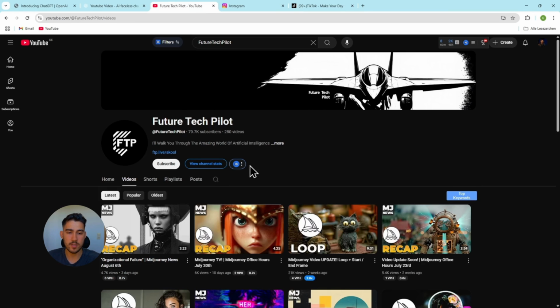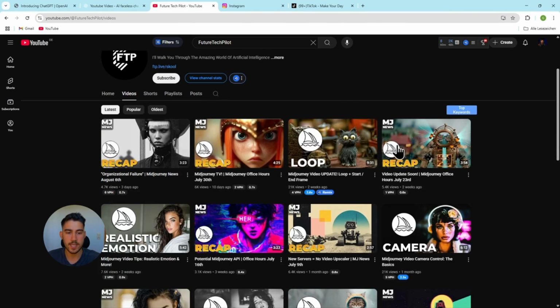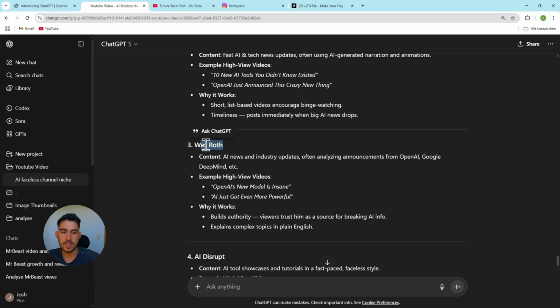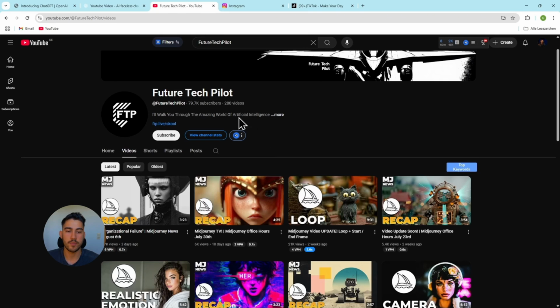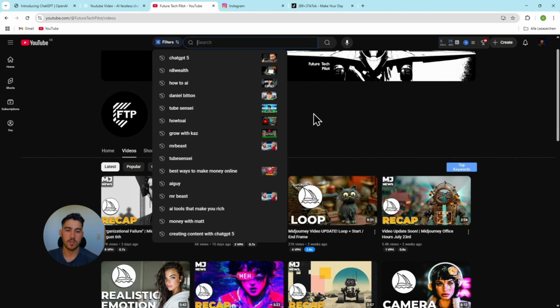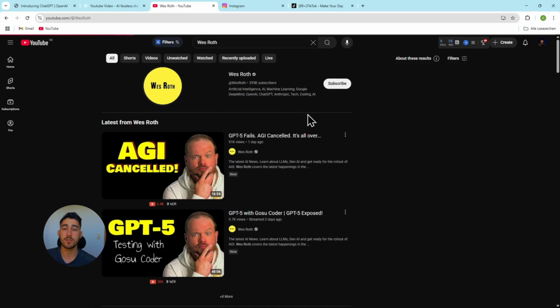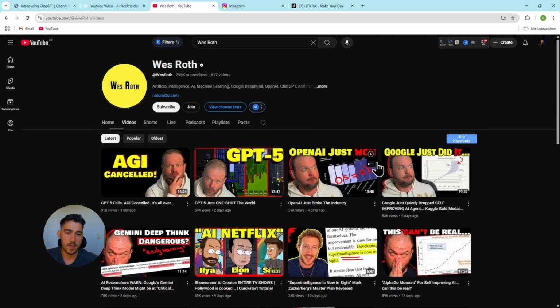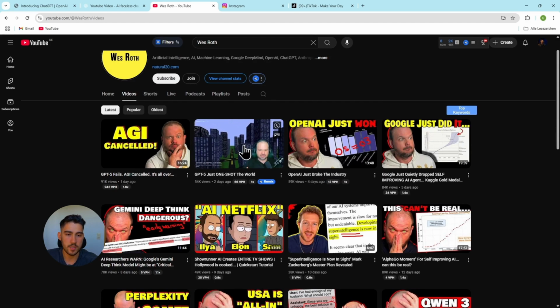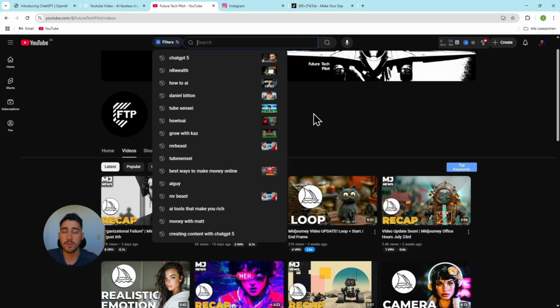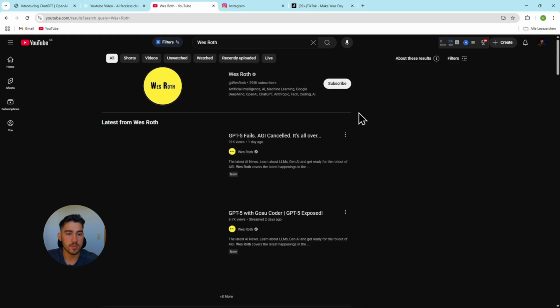You can see that it's not perfect because these are not AI avatars, but they are actual human beings talking about AI. But it doesn't really matter, because we will create an AI avatar that looks like an actual human being, and people will not even know if it's AI or if it's an actual human. So we'll know that this niche can grow and this niche can actually get views. And we know from these channels with over 300,000 subscribers, here again, or 100,000 subscribers, that these actually get followers, subscribers, and actually even thousands of views.